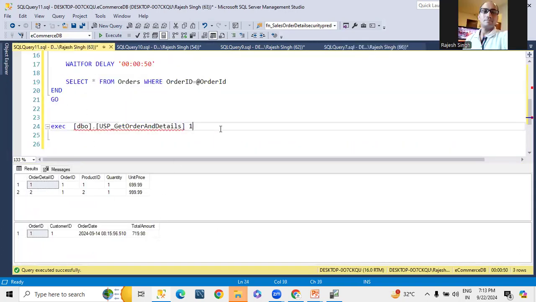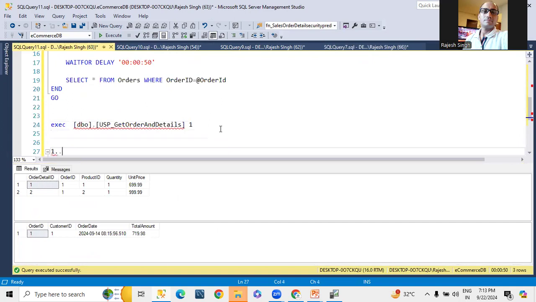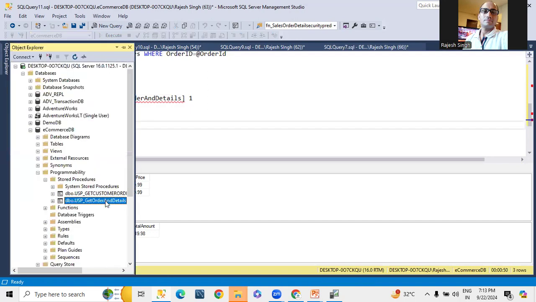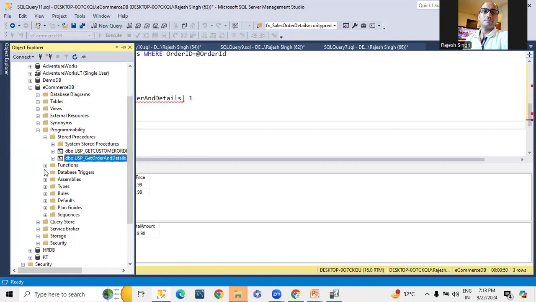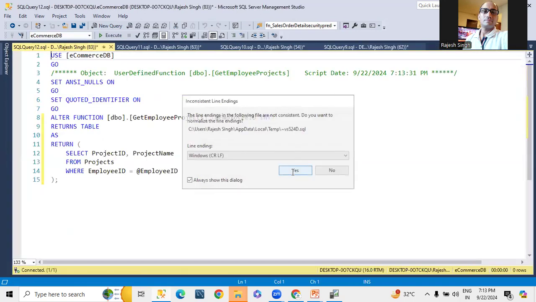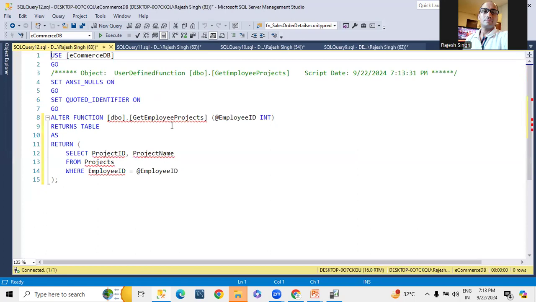Basically, in a join, it's straightforward: whatever column is common between both tables or data sets, you make a join. But what is a cross apply here? I created one function. Let me show you. Cross apply mainly runs over a table valued function. A table valued function returns a complete table instead of a scalar value. So if you select this function, what will happen?